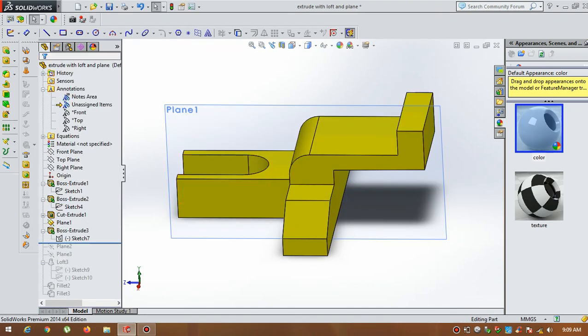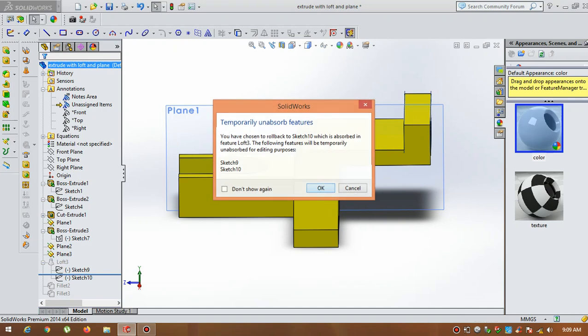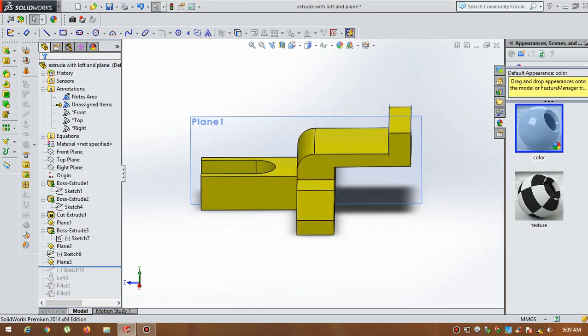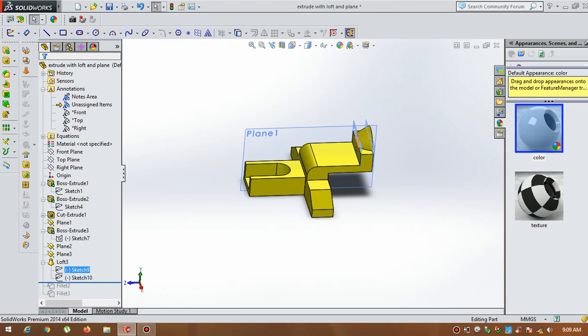Next one is to create a plane. Now go for the final, the loft option. In the loft option you have to draw two profiles.